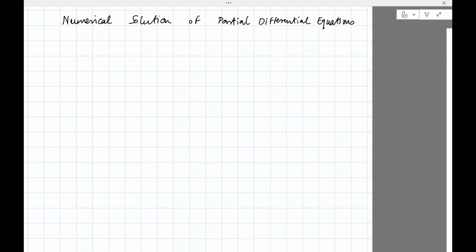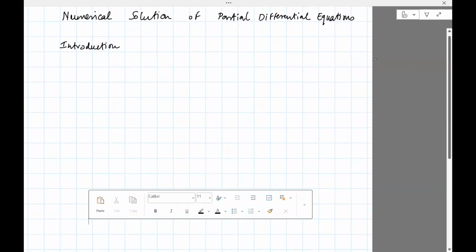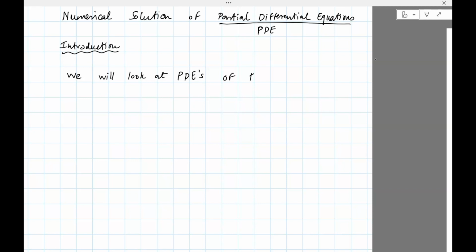So let's look at some of the partial differential equations. We'll look in this chapter, introduction. So we will look at, so partial differential equations will be abbreviated as PDE. So we'll look at PDEs of the form